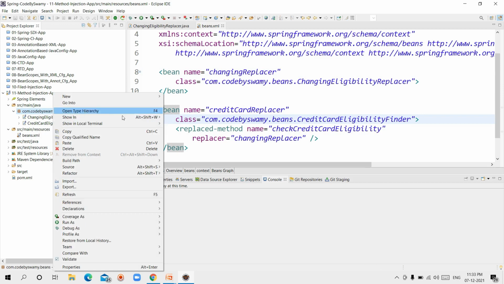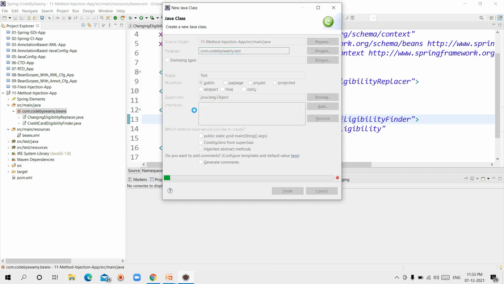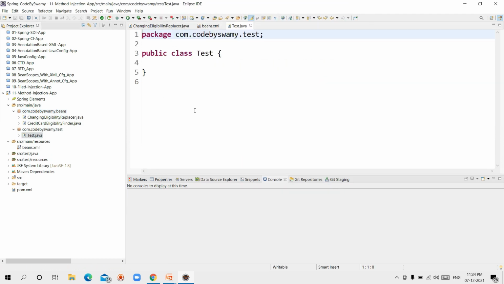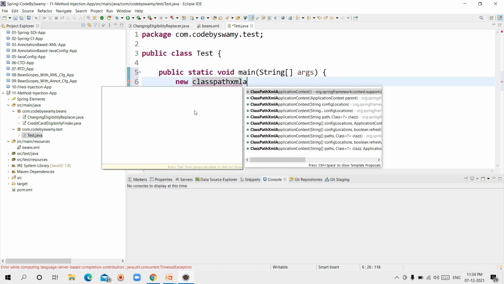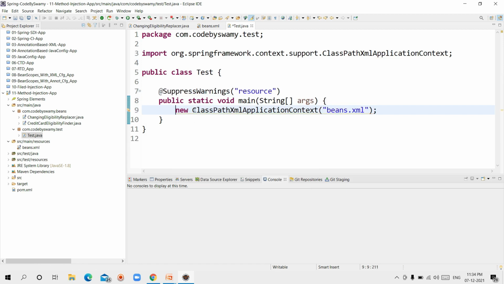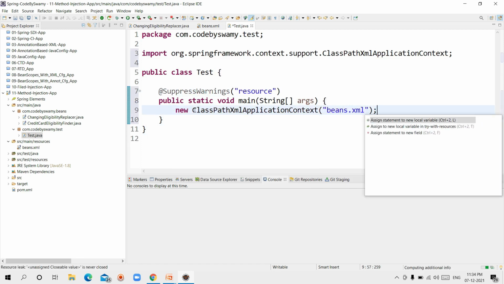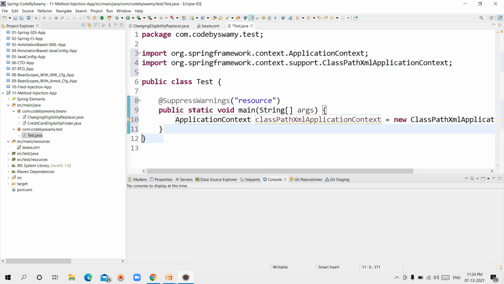Okay, let's write the test class to test the application. Test, I am changing to Test. Main method, new ClassPathXmlApplicationContext, file name is beans.xml, returns ApplicationContext.